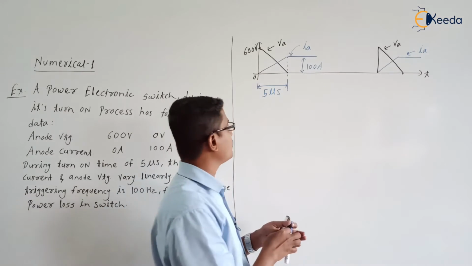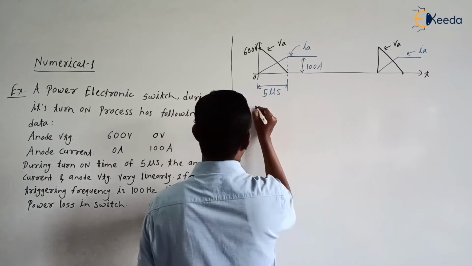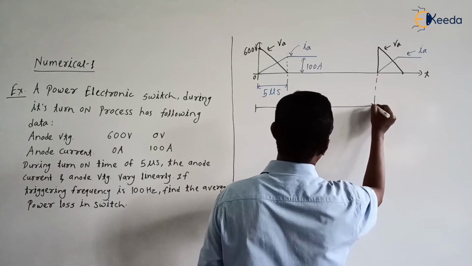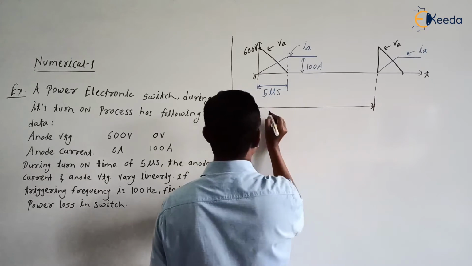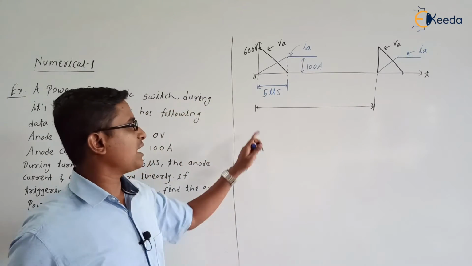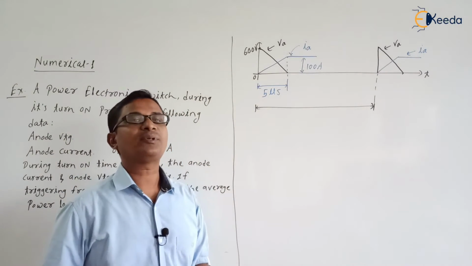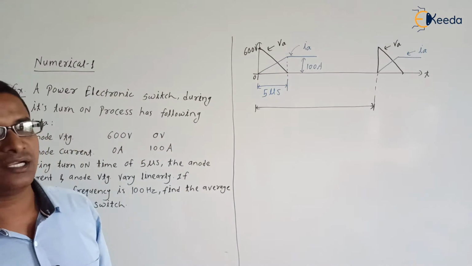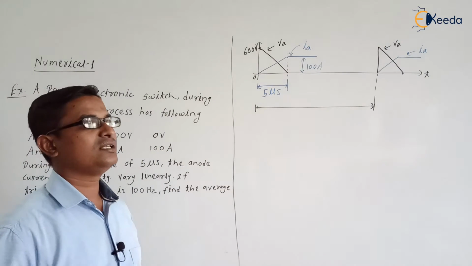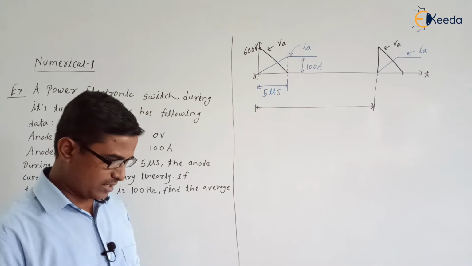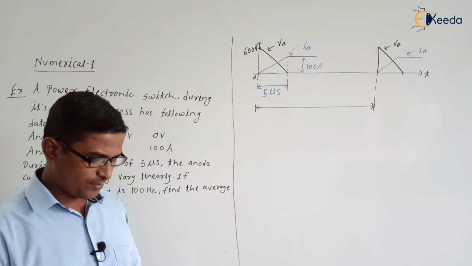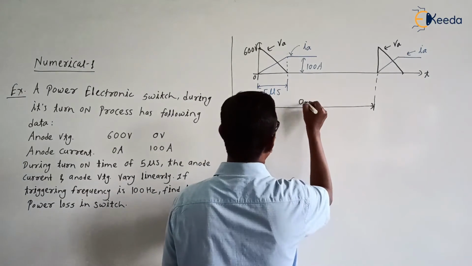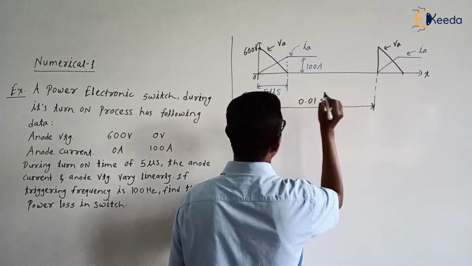So from this, can we write what this time indicates from here to here? It is like 1 by 100. Are you getting the point? This time is like 1 by 100, means after how much time the same waveform will be repeating? It is 1 by 100, right? So 1 by frequency is the time. Okay, so it is 1 by 100, so it will be 0.01 second. So we can write it as 0.01 seconds.